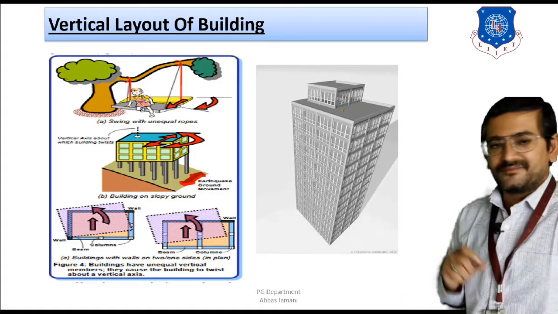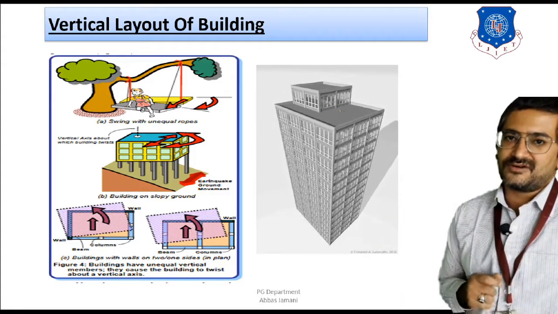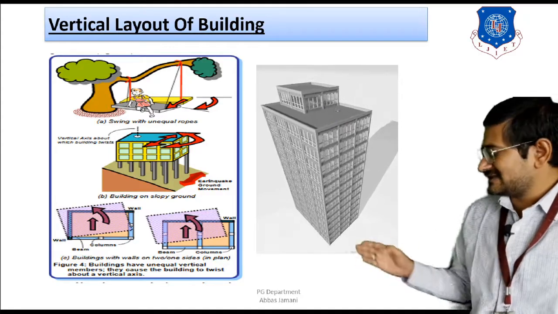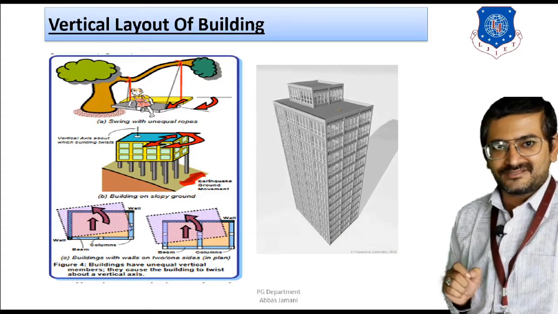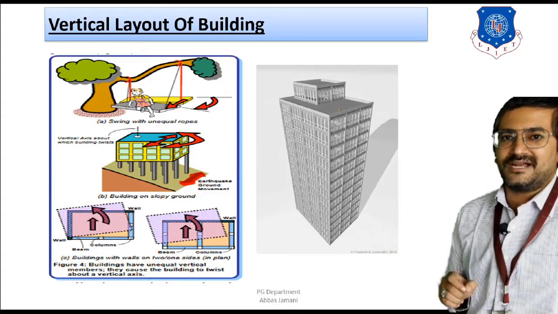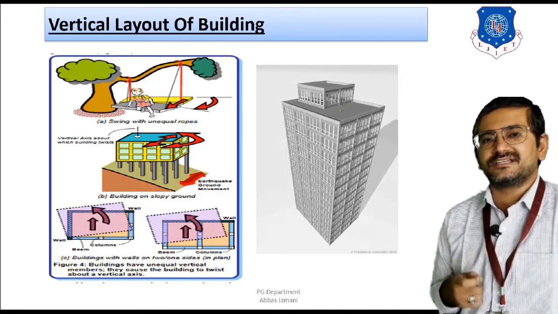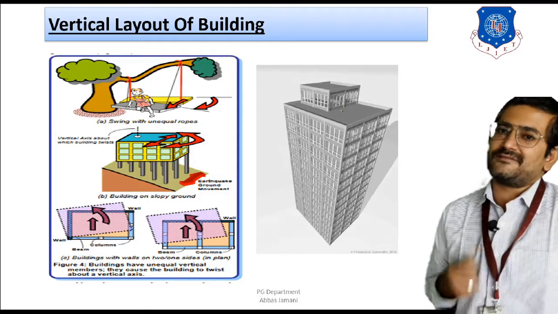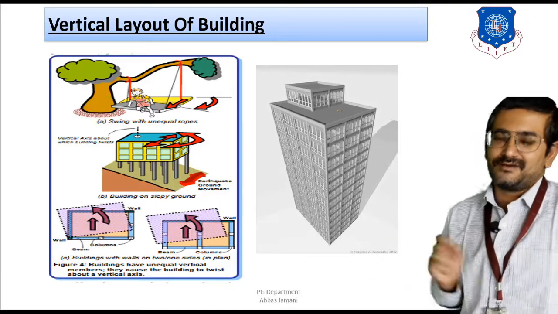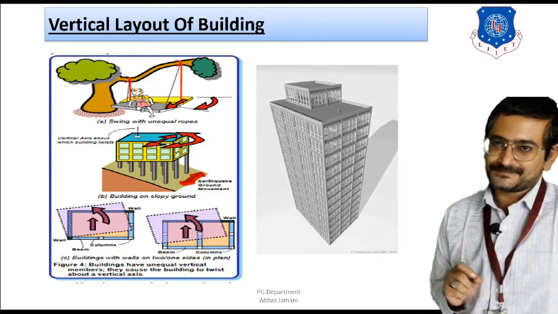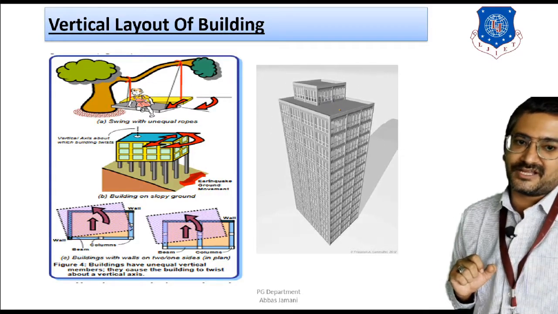And to take up the example of a building, we have taken buildings that are located on sloping ground or mountainous terrain. In that case, as you can see, the height of the column on the left hand side is less as compared to the height of the column on the right hand side. So there is going to be a change in the stiffness, and when there is a change of stiffness, the CG of the stiffness will not match with the CG of the building. And when that happens, there will be torsion acting about the vertical axis of the building. And that is what is shown by means of an animated figure in this particular slide.